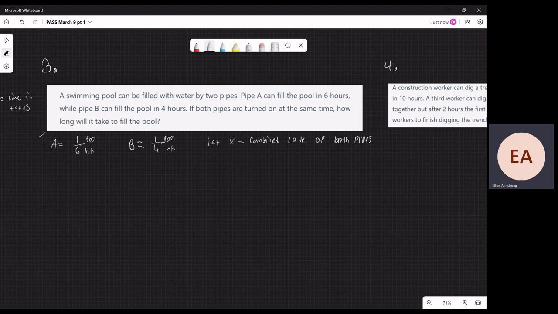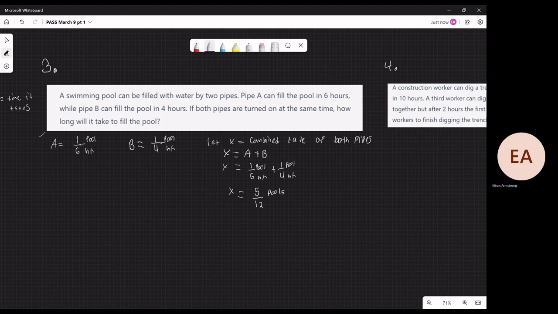Since they're both on at the same time, x would equal A plus B equals 1/6 plus 1/4. Put that in your calculator. That comes out to 5/12